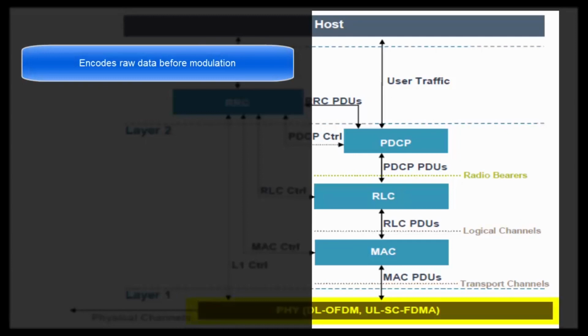Physical layer encodes raw data before modulation. We cannot use raw data for modulating a carrier signal. Data has to go through an encoding process before modulation. This processing is called physical layer processing. This processing is needed so that the receiver can detect any error in the data caused during the transmission on air